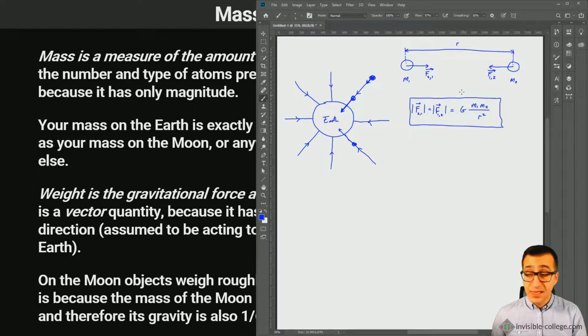Now, in theory at least, these two masses can be any distance apart. So this distance can be as big as you like. And yes, this means that you're dividing by the square of a larger and larger distance as this distance increases between these two objects. But this means that the force between them never actually reaches zero, which means that every object in the universe attracts every other object in the universe which has mass, with a gravitational force. Those forces, if those objects are very far apart, can be infinitesimally small, but they're never